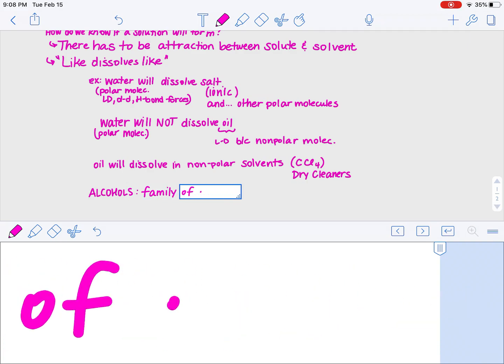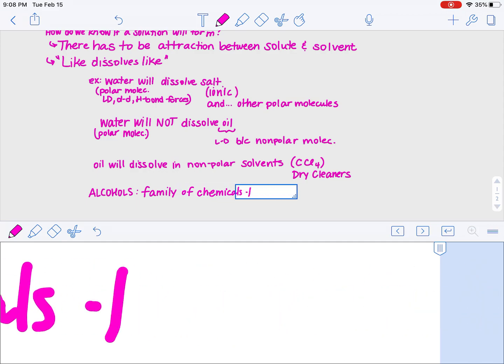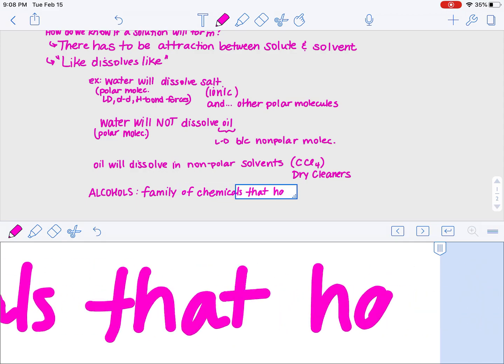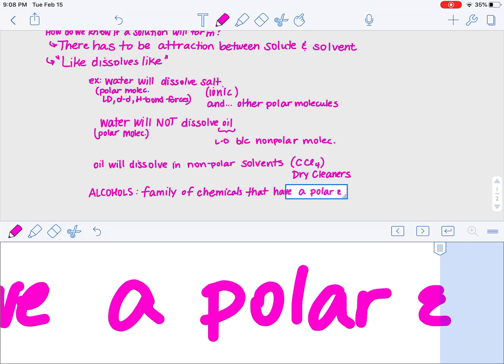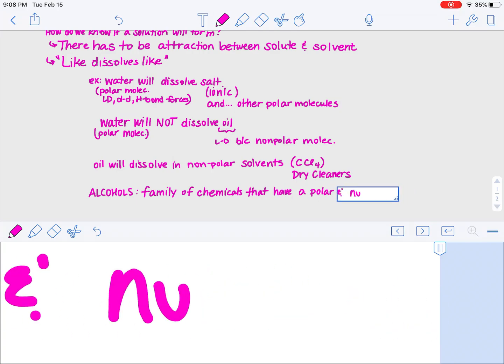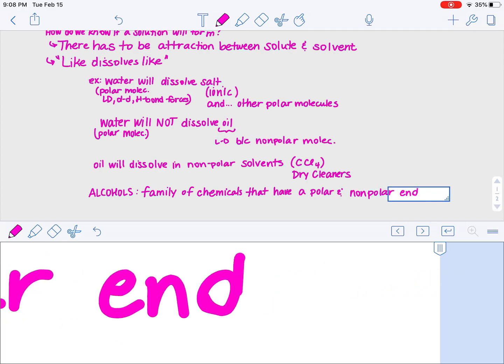They're a family of chemicals that have a polar and a nonpolar end. As a result, they can dissolve both polar and nonpolar solutes when they're the solvents,